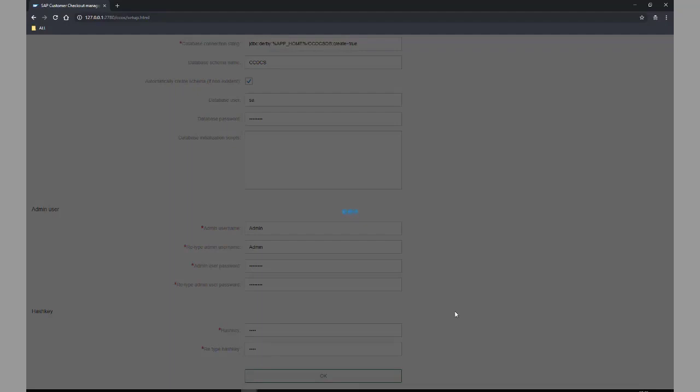And now SAP Customer Checkout Manager is getting configured, and then it will start. I need to wait for a while so that SAP Customer Checkout Manager can do all the configuration and start up. With SAP Customer Checkout Manager, I would like to show you the functionality of Voucher Management. So for Voucher Management,